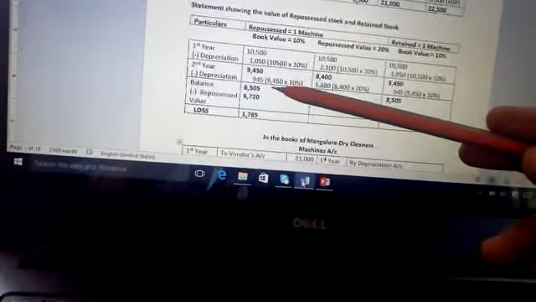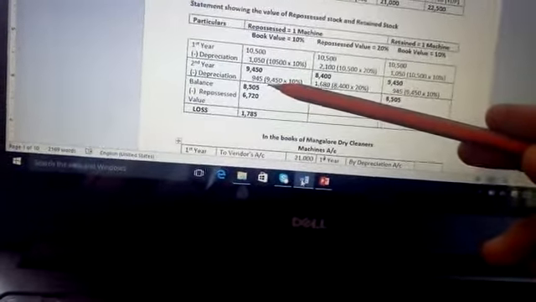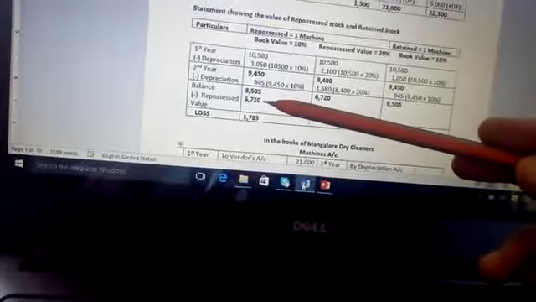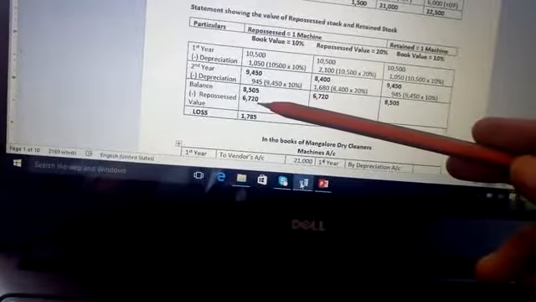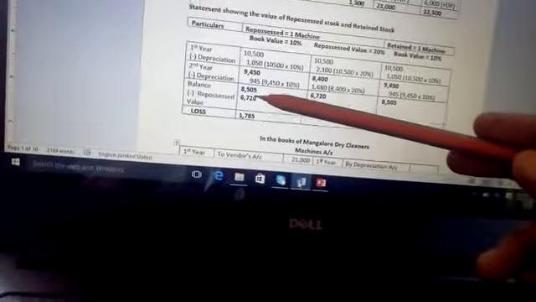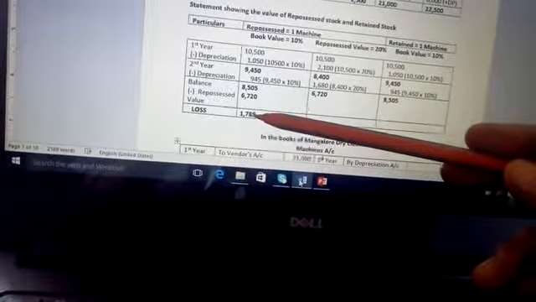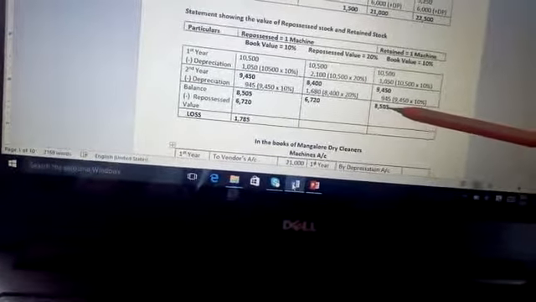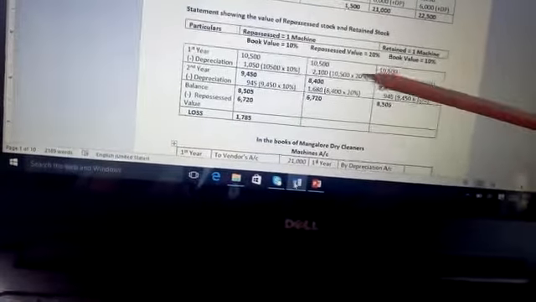1,785. According to his books, it shows that the worth of the repossessed stock is 8,505, but the hire seller repossessed the same stock at the valuation of rupees 6,720. So therefore, he incurs the loss of rupees 1,785. And here, this is the retained stock, and it shows the worth of rupees 8,505. So all these three items must be shown in the books of hire purchaser. Okay. So next we'll see the ledger accounts.